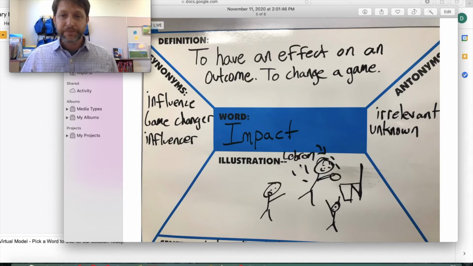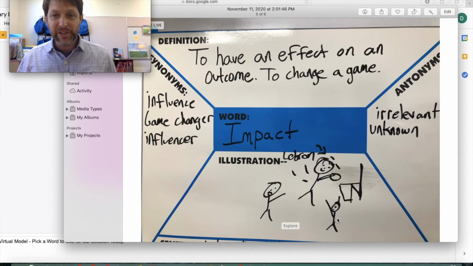Here's LeBron, and he's slam dunking on this guy, and here's his teammate going, oh my goodness, look at the impact LeBron has on my team. And this guy's like, I can't overcome the impact of LeBron James on the other team. So I'm going to want to talk about my picture, and I'm going to want to use the word impact as much as I can when I'm talking about it. And then it goes to students. They can share and describe